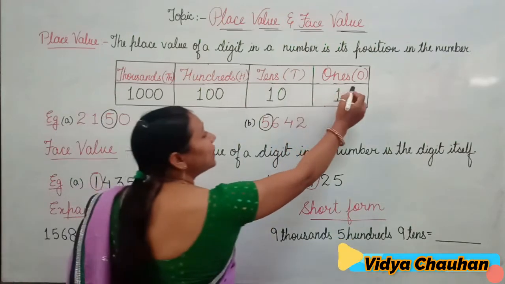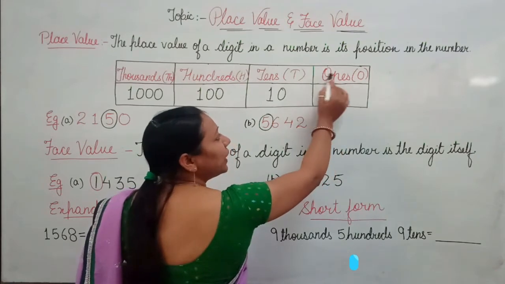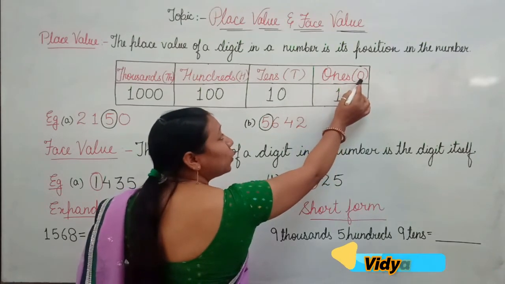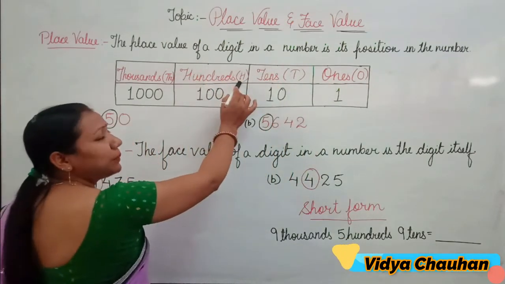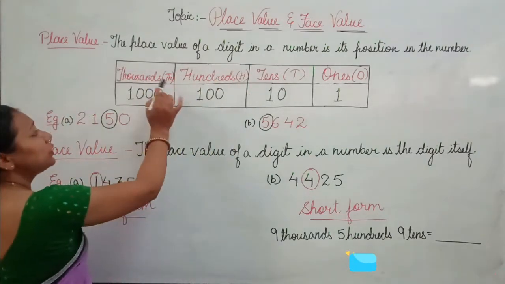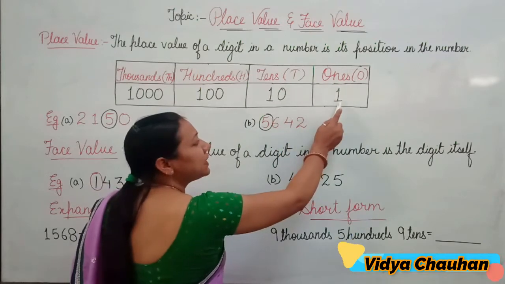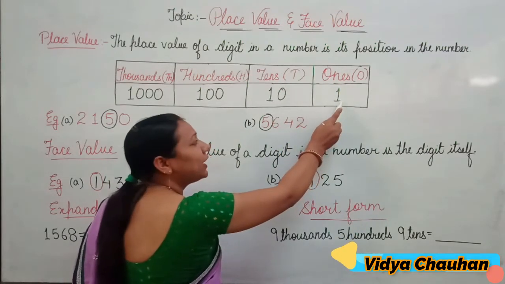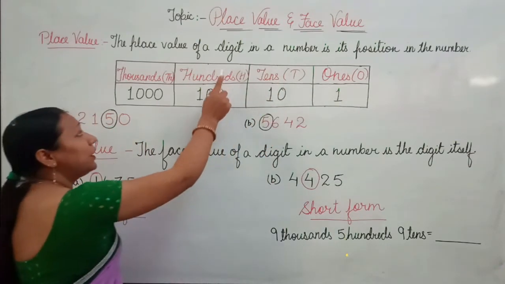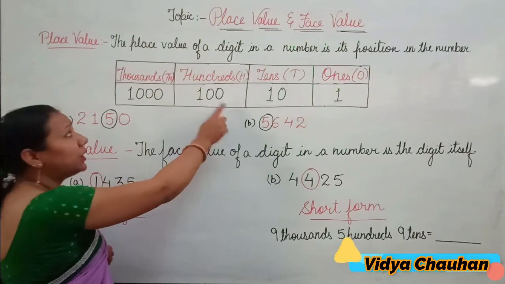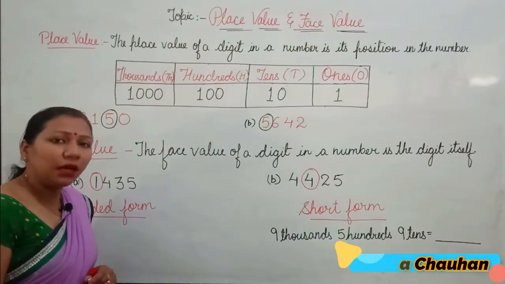The place value system says the first column, the first row value is ones, O-N-E-S, ones, denoted by capital O. Tens denoted by capital T, hundreds denoted by capital H, and thousands denoted by TH. As you can see, ones is represented by numerical value 1, tens by numerical value 10, hundreds by numerical value 100, and thousand by numerical value 1000.